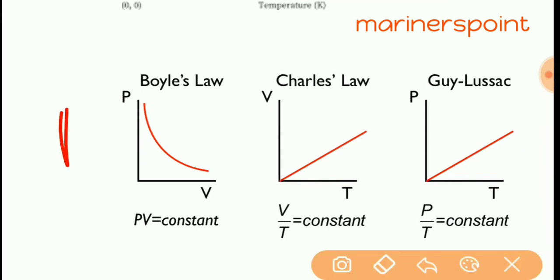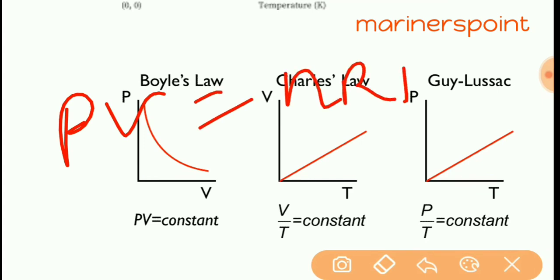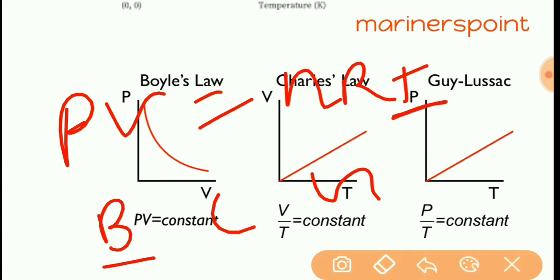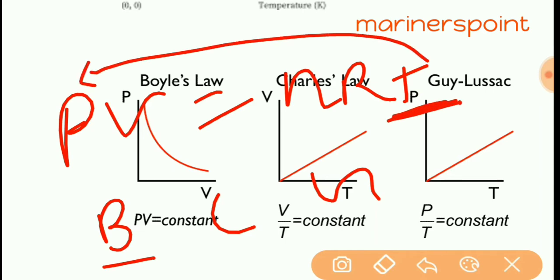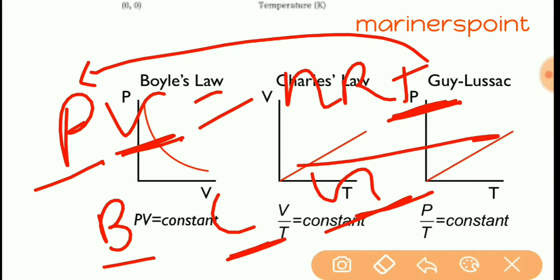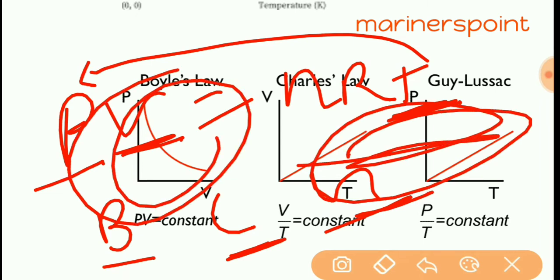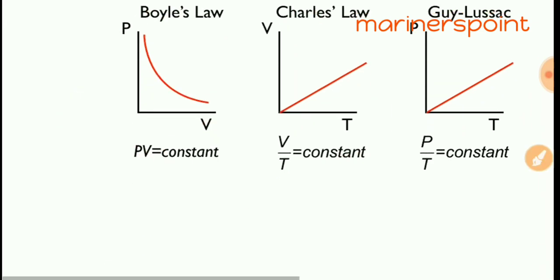Now, for easy understanding of PV = nRT, alphabetically: Boyle's, Charles and Gay-Lussac's law. These three laws are very important. Okay, so here is the trick for the three laws. In Boyle's law, temperature is constant. Now Charles law, pressure is constant, and in Gay-Lussac's law, volume is constant. Okay, the graph for this is the same, and you have to remember this graph. Otherwise, when you relate the relation of PV, then you can easily draw the graph.